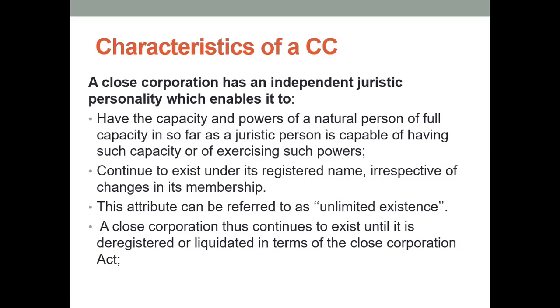of a closed corporation. And then a CC, again, can continue to exist under its registered name, irrespective of changes in its membership. Unlike a partnership, when there are changes in membership, what they do is they close off all the books and then start over again on a new page. That's what they always do. When a partner dies, when they admit a new partner, or when a partner resigns, they have to close off all the books, and then they form another